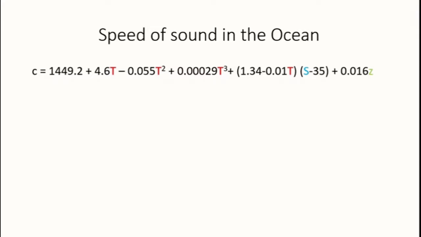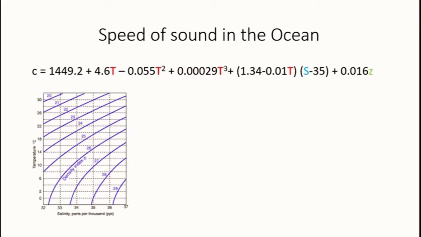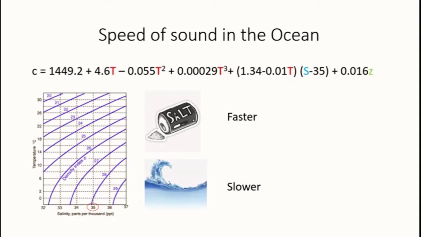Let's break down the equation for a bit and look at it in more detail. Here I've highlighted the parameters. As you might already notice, the speed of sound in the ocean is greatly influenced by temperature. The average salinity in the ocean is 35 parts per thousand, and it fluctuates around 34 to 36 parts per thousand. It might be safe to say that salinity doesn't have a big impact on the speed of sound in the ocean, but what we can get from this is that fresher water is slower than saltier water.